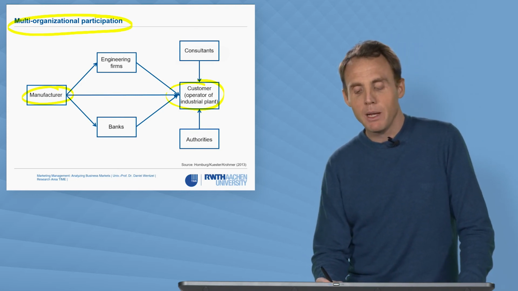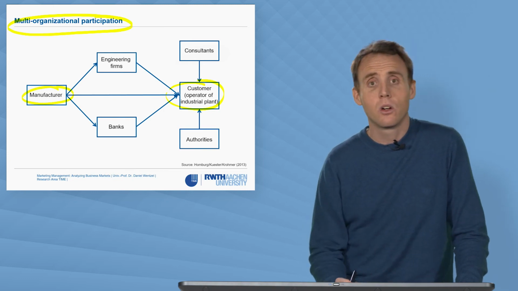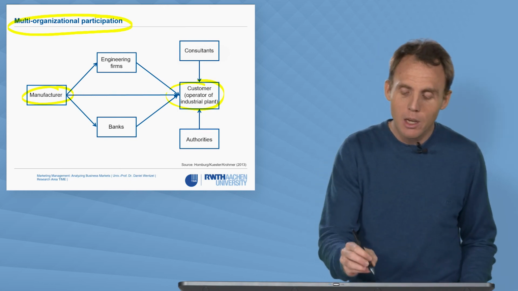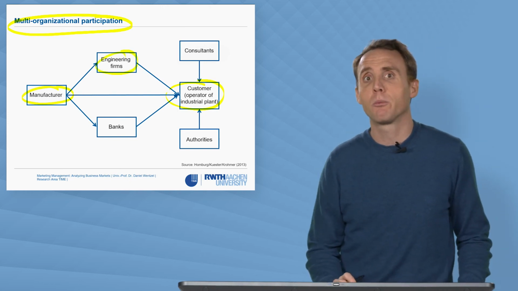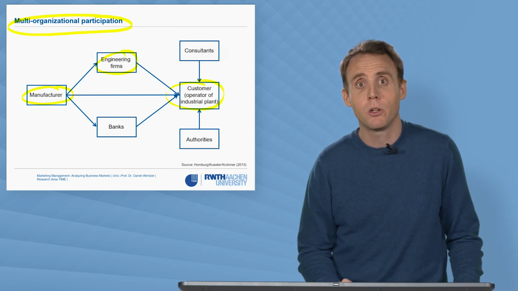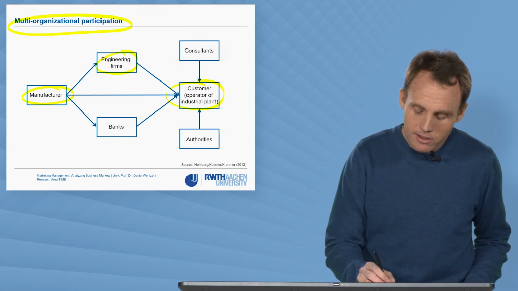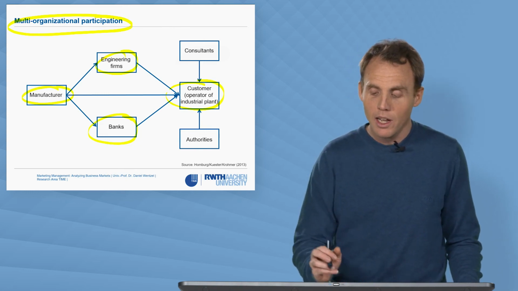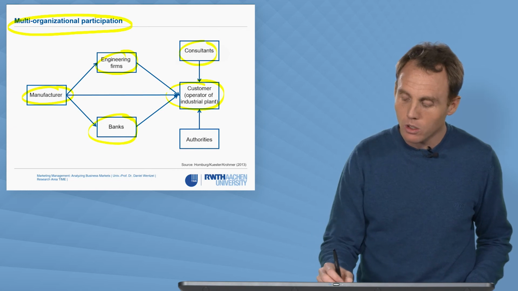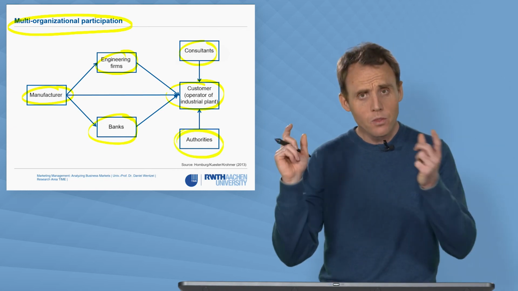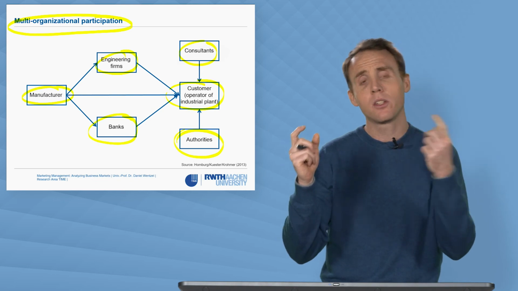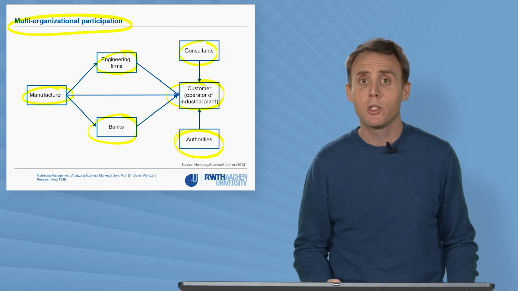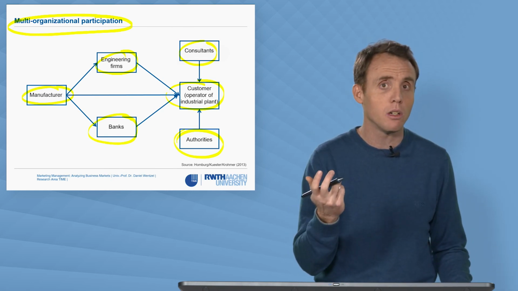For instance, it is very likely that the customer, in this case Coca-Cola, will not only rely on the manufacturer to develop the packaging plant, but will also consult engineering firms, telling them how the plant should be constructed. Given that these are sizable investments, there will also be banks, some kind of financing institutions involved, as will be business consultants or even local authorities. Meaning, what is quite simple in a B2C context, some kind of exchange between a company and a customer, becomes much more complex in B2B markets because there are more actors involved.